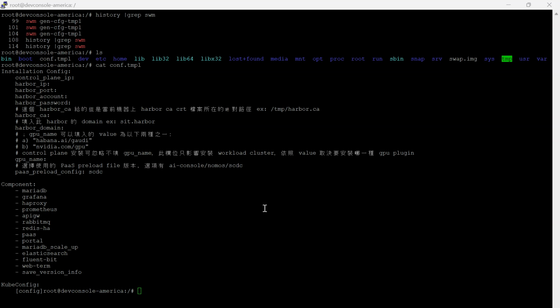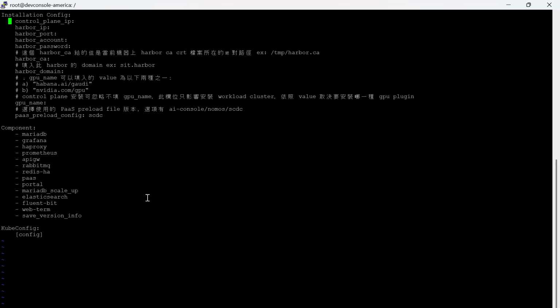Okay, so the first thing we want to do is vi or vim the file. The first thing is to put in our control plane IP address. That's 172.24.199.146. That's the node we're currently on, the control plane node. Our Harbor node is also going to be on this particular VM host, where we're going to have a Harbor server. So we're going to plug in